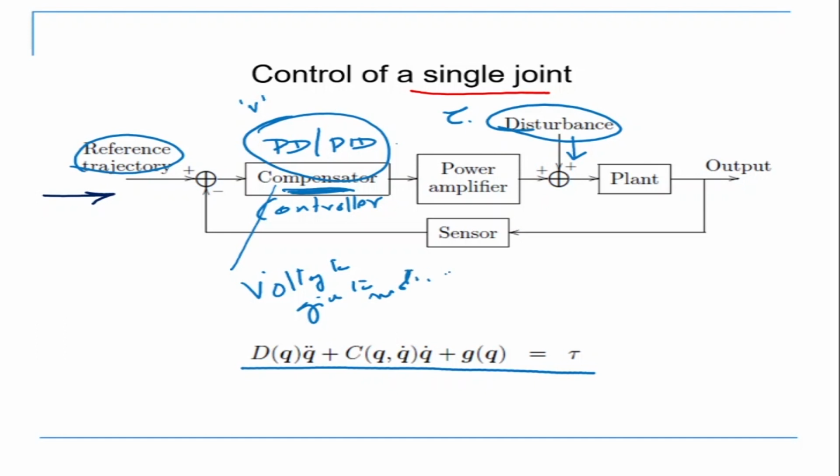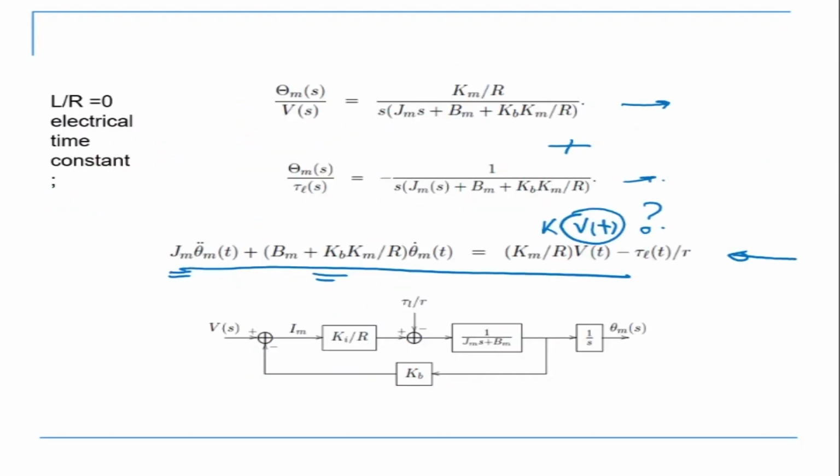And how is that decided? We looked at PD controllers first, then PID controllers. So here I'm going to decide how much my V is going to be: first PD, then PID. I write the equation of my PD controller. PD means proportional plus derivative, so there will be a Kp and a Kd. Put it into this equation, look at the transfer function, then look at the characteristic equation at the denominator and talk about stability and things like that. That is the basic flow of how we design a controller.